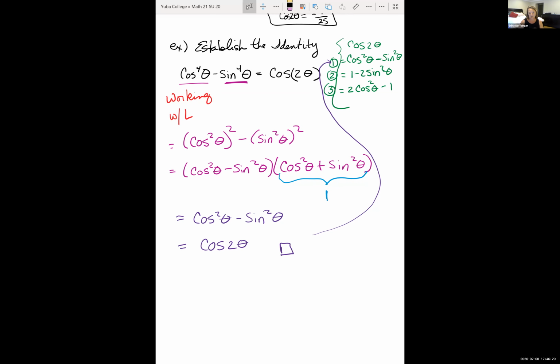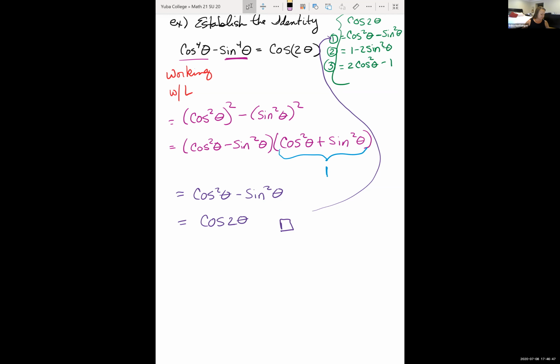Okay, so like I said, being able to identify and see all those 3 formulas, knowing them or writing them down is helpful because you might have to use one of those formulas to help you simplify one of your identities